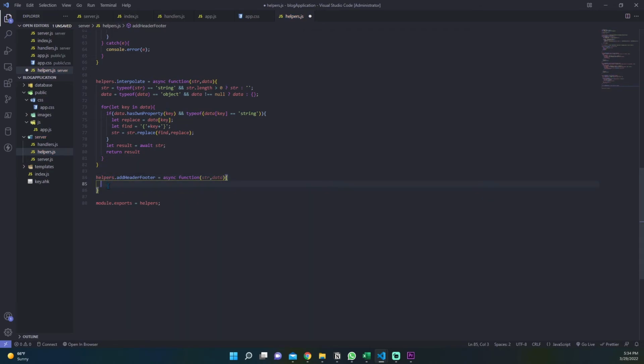Here we can perform the same checks we have performed before in our helpers.interpolate function. So we only need to copy these checks and paste them inside our helpers.addHeaderFooter function. Now, as usual, we need to wrap our function inside a try catch block. So try, catch e,